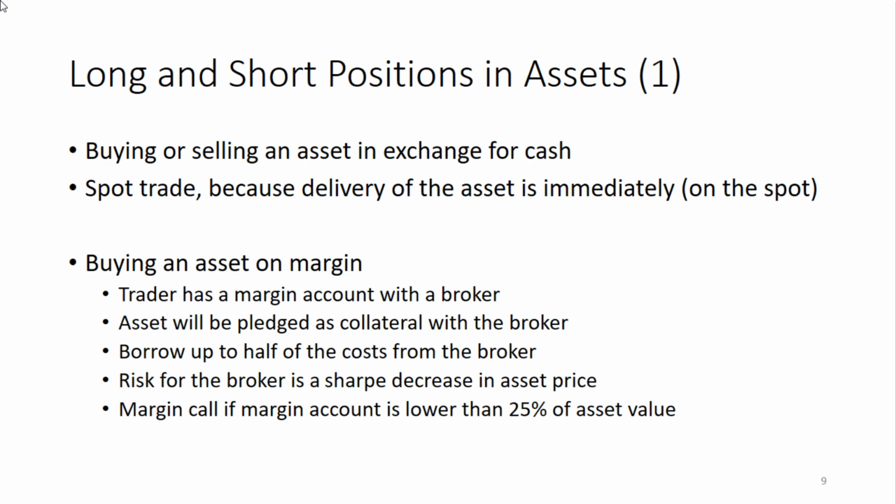So an asset that in principle is bought by a party, and the party needs to provide cash to buy the assets. We call this a spot trade, and the word spot has to do with buying it on the spot, buying it immediately. So it's an asset that we buy today. That seems obvious, but the reason for calling it a spot trade is that there are also, and we will discuss that later, forward trades where you actually agree today upon buying an asset at a later moment in time. So that's what we would call a forward trade. But here, the easiest case, we look at a spot trade.